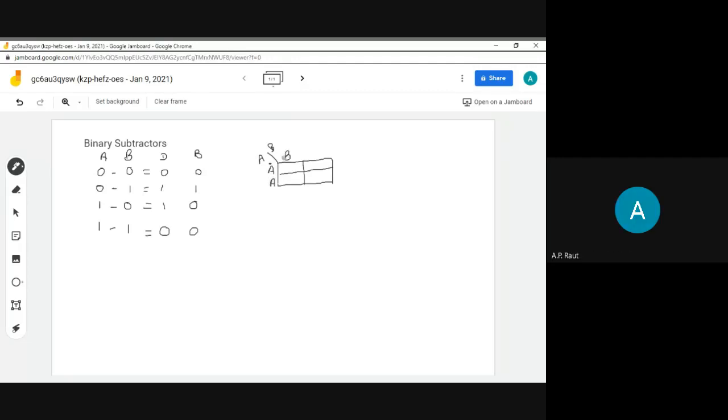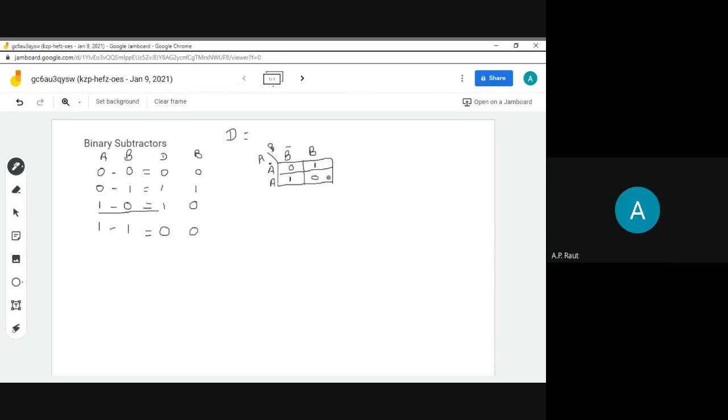So where do we place the 1 for the difference? It is a K-map for difference. A bar B, second cell. First position, in cell number 1. Then next, 1 0 also has value 1. Third position, A B bar. So A B bar in the third cell. Third or second? Second, ma'am. Second. Okay, and the remaining values will be 0.